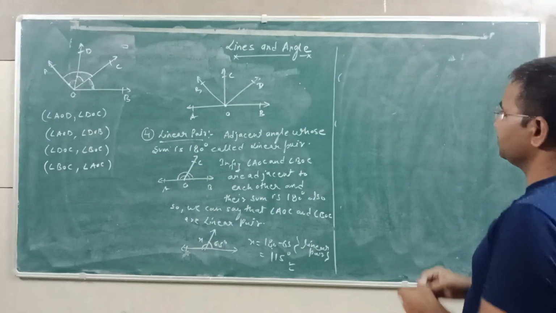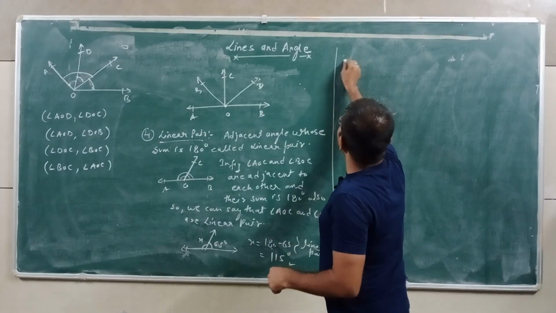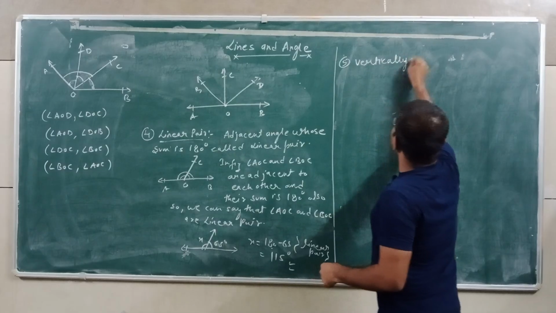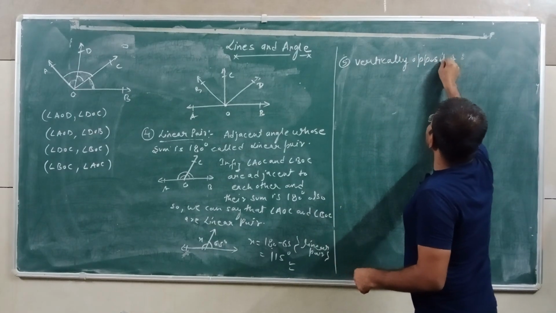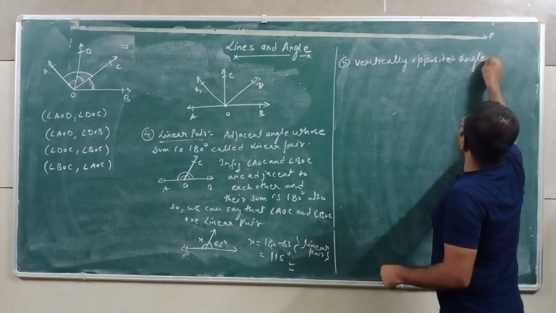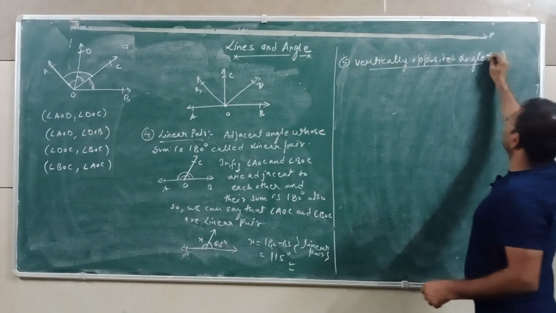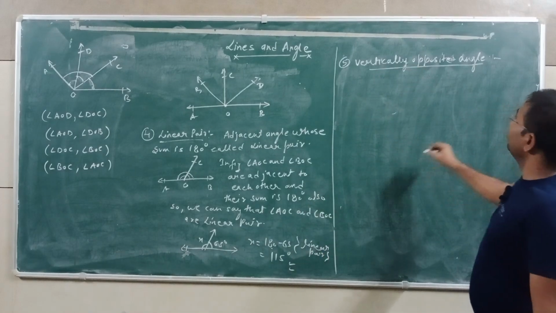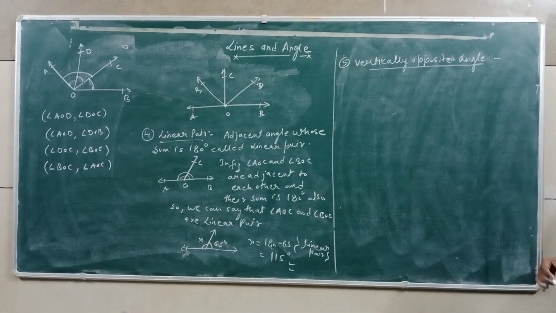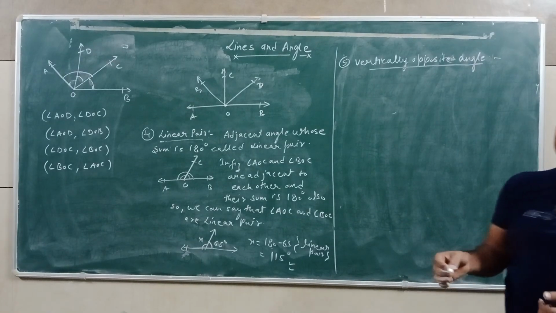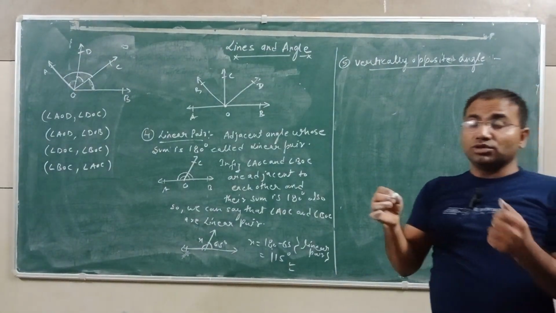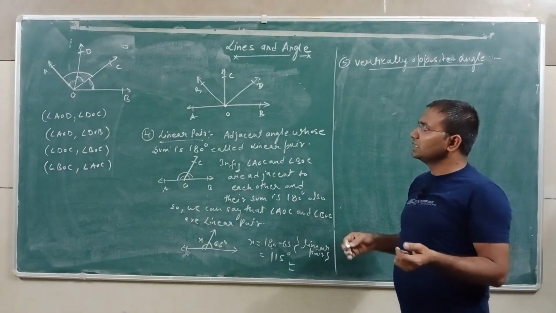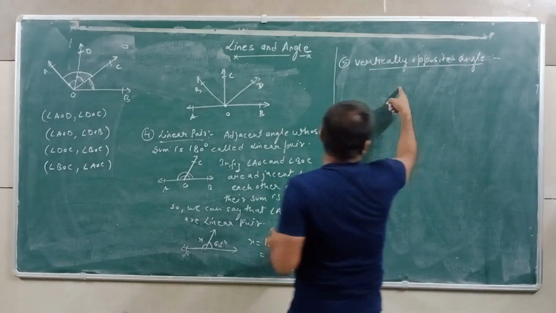Now see here, the last pair, the fifth pair, is vertically opposite angles. To understand this, you have to learn about intersecting lines. What are intersecting lines? Intersecting lines are two or more lines which cut each other. So see here what you will write: